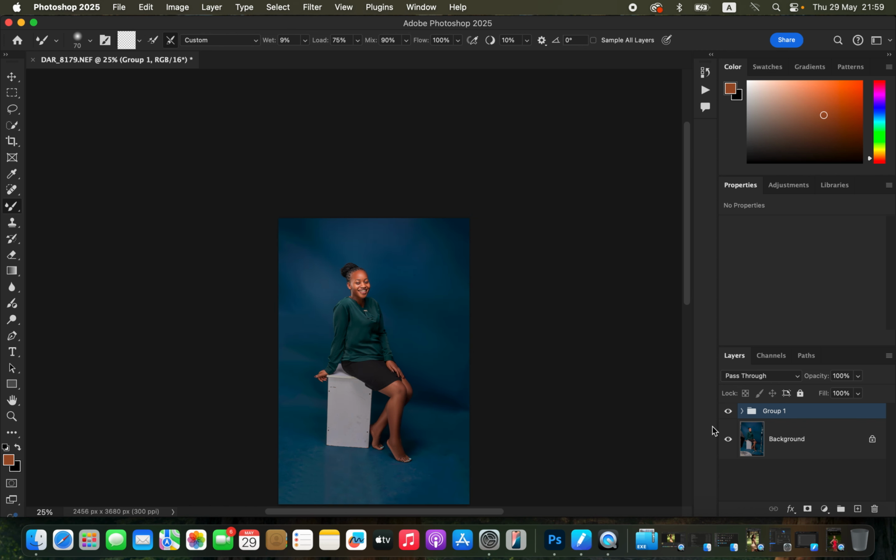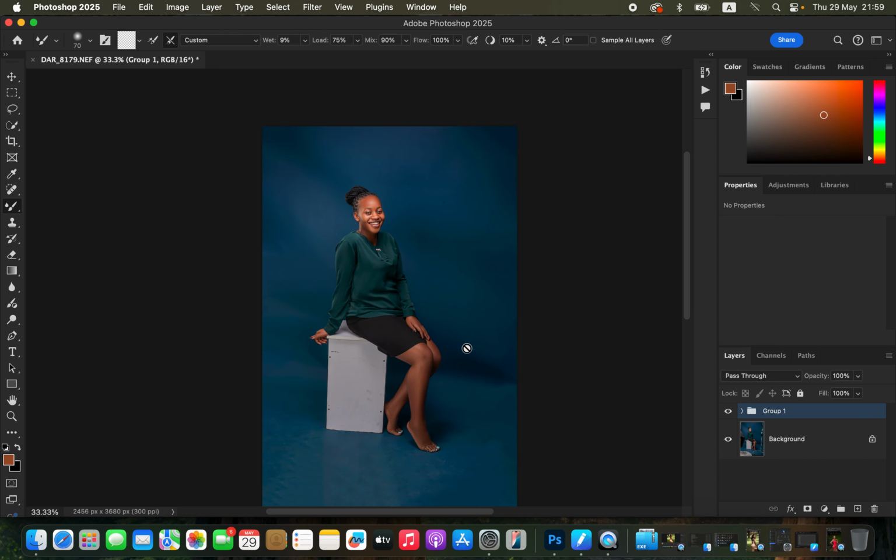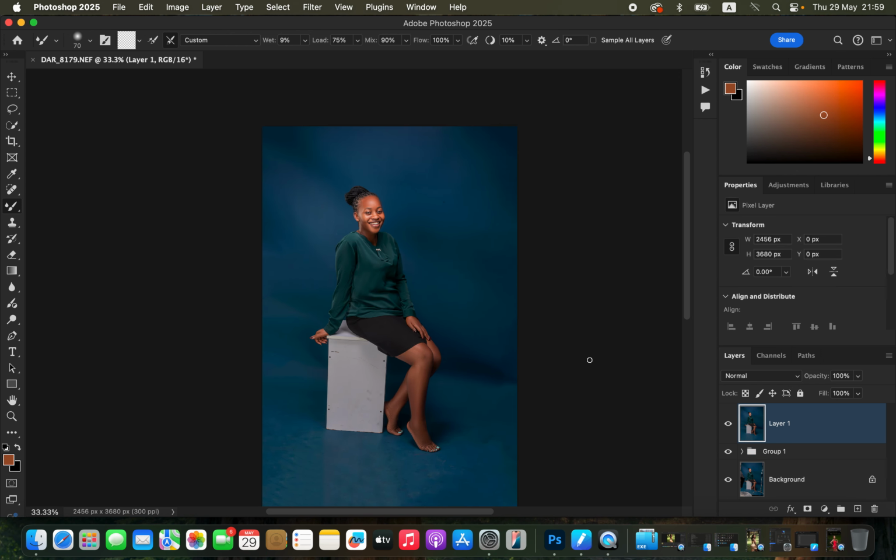So in order to work on the image, in case it is having uneven skin tones, create a stamp visible layer by pressing Shift Option Command E, Shift Alt Control E for Windows. Then simply come to Select and come to Subject in order to select the subject. So when the subject has been